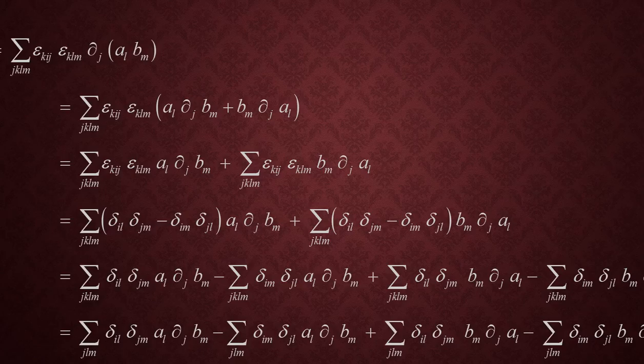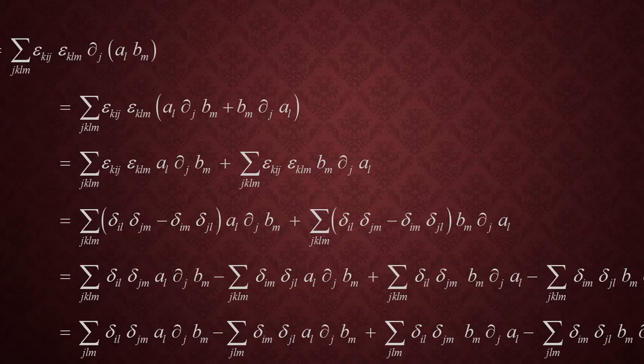Epsilon suffix kij times epsilon suffix klm equals delta suffix il delta suffix jm minus delta suffix im delta suffix jl. This is a relationship between the Levi-Civita symbol and the Kronecker delta. If we substitute this formula in our representation,